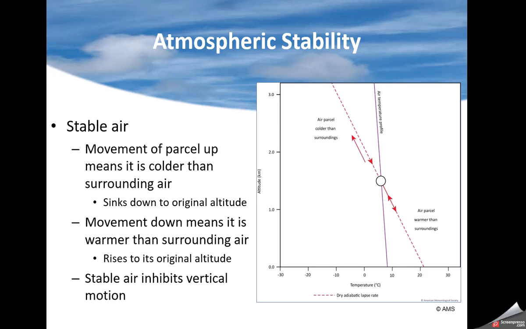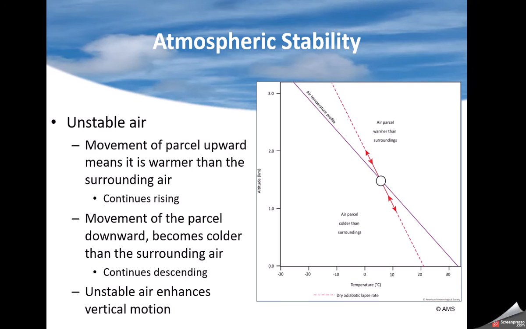So all you're looking for, whether a parcel is stable or unstable, is that air parcel colder or warmer than the surrounding air? And yes, overall, the air is going to have some kind of a cooling process as it goes up. But an air parcel that's being pushed up from the ground might cool faster than the surrounding air, or it might cool slower. If it cools faster, then at some point it's going to be several degrees colder than the surrounding air. It's going to want to sink back down to where it is the same temperature. That air is stable.